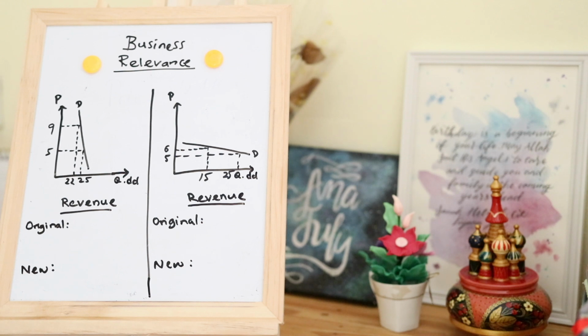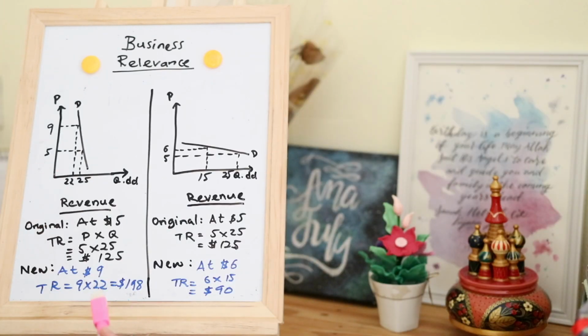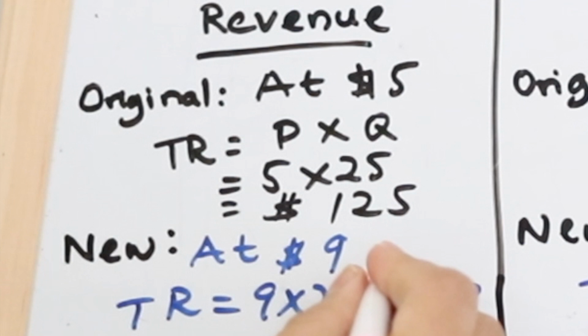Now we can see why it's very significant for businesses to know the nature of their products, whether it is elastic or inelastic, because it will affect their decisions and also the total revenue received. Let's do it together. Now we see that the total revenue at $5 for the inelastic demand curve is 125, and when they increase the price to $9, the revenue now is increasing to